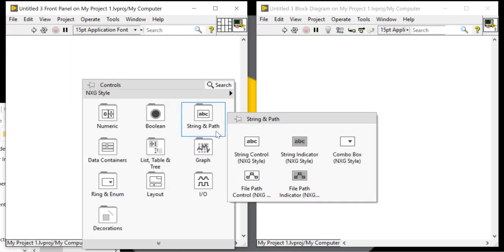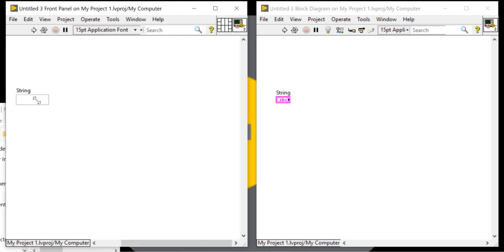At day 3, we wrote one code here. String input, and we had created one output.